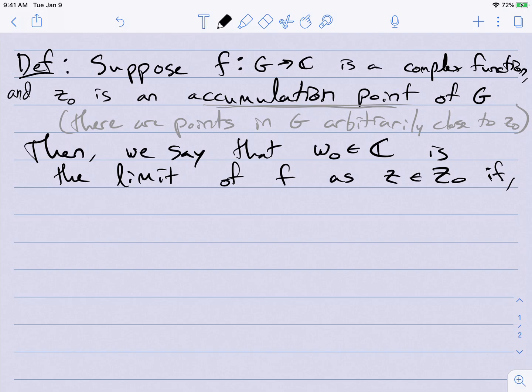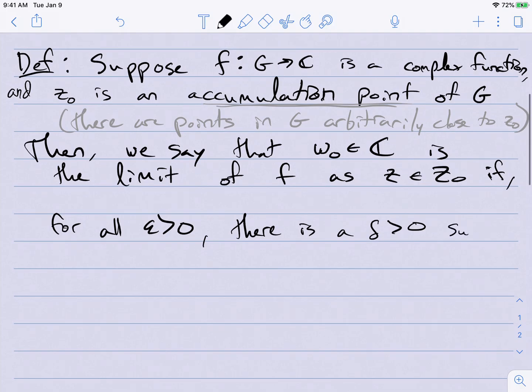So for all epsilon greater than 0, there is a delta greater than 0. So these are both real numbers. They're just talking about size, such that